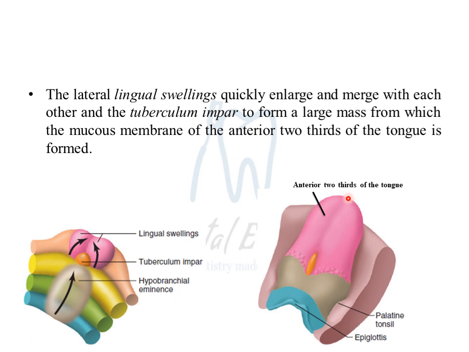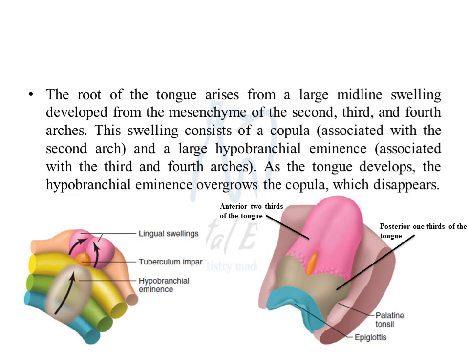Now, how does the rest of the tongue develop? This brown portion which we see here is the posterior region. The rest of the three pharyngeal arches are involved in the development of the rest of the tongue. So the second, third and fourth pharyngeal arches are involved in the development of the posterior one-third of the tongue. The anterior two-thirds is developed by the first pharyngeal arch, whereas the posterior one-third will develop from the second, third and fourth pharyngeal arches. Now what happens